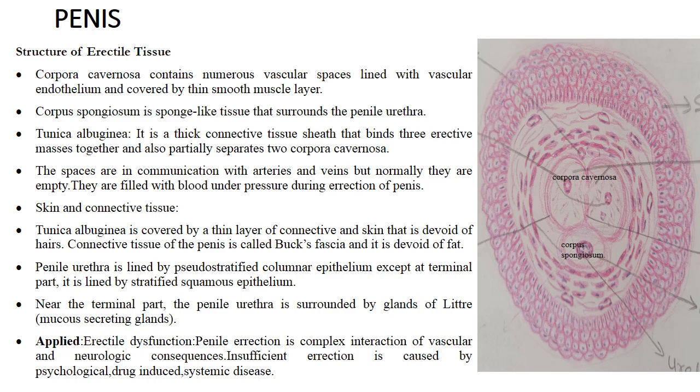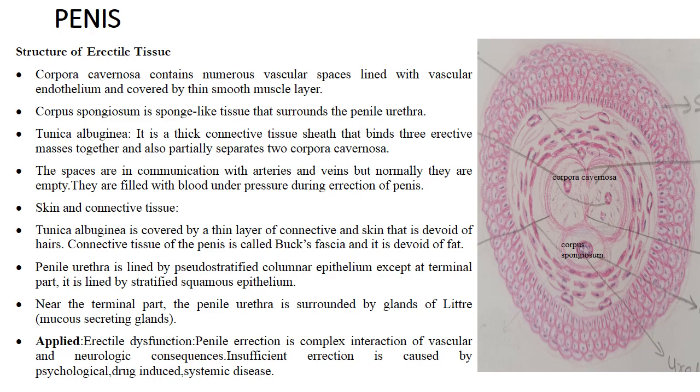Penis is the erectile organ of copulation in males. It has root fixed to perineum and body is the free portion. It has three masses of erectile tissue. As we can see in the diagram, there are two dorsal masses known as corpora cavernosa and a single ventral mass is corpus spongiosum. The structure of erectile tissue: corpora cavernosa contains numerous vascular spaces lined by vascular endothelium